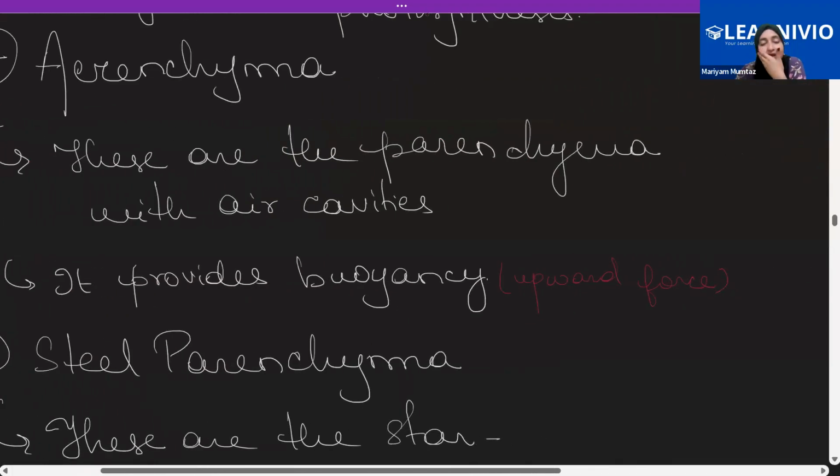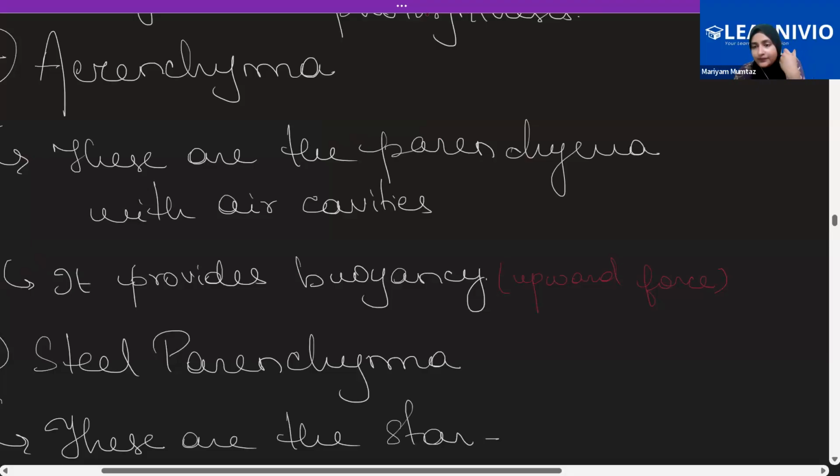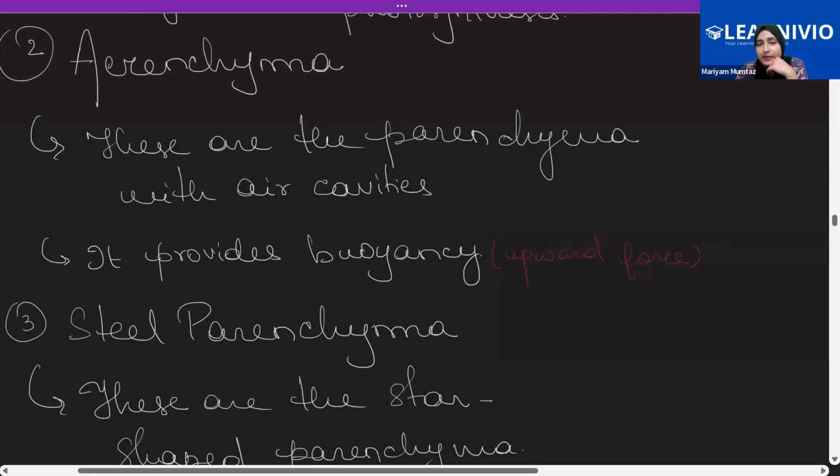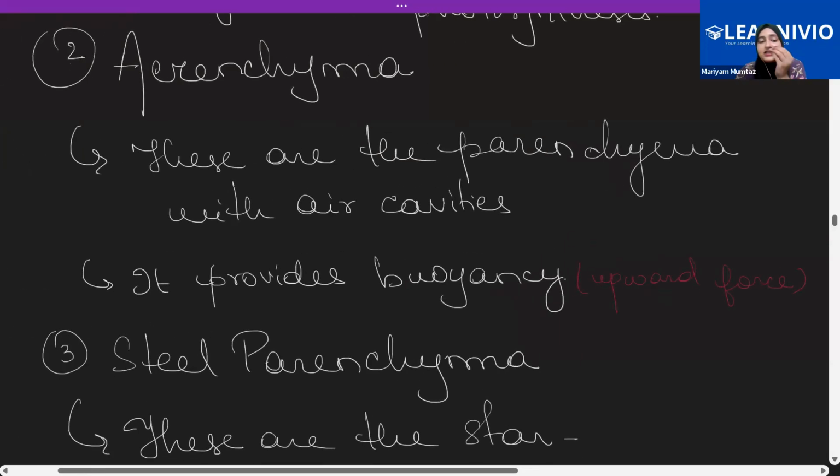You know that there are many plants that are aquatic, isn't it? When they are living in water, so that the water doesn't drown the plant and the plant doesn't sink to the bottom, they have aerenchyma in them, which gives them an upward force, called buoyancy. Because of that, the plant doesn't sink to the bottom of the water body. So aerenchyma are those parenchyma that have air cavities present in them, and the air cavity provides buoyancy, or the